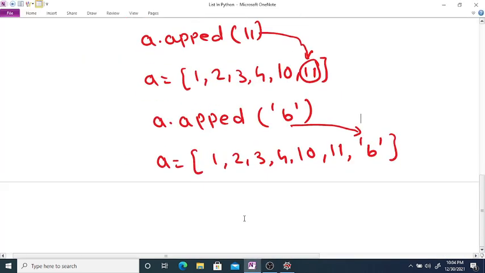So the next operation, number 3, is extend.